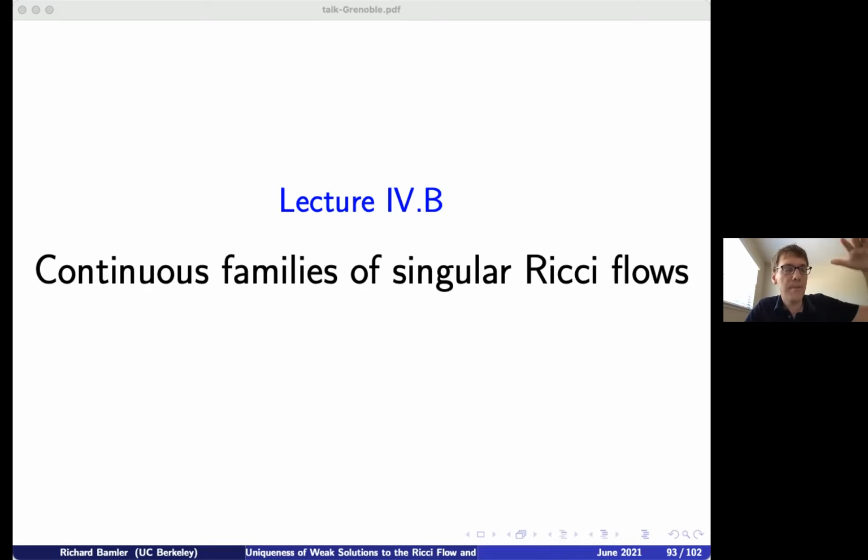So then, we pushed forward the metric on those good points to the time zero slice. So this gave us some kind of partially defined Ricci flow on the time zero slice. And then it was easier to say what continuous dependence means. Okay? But I somehow don't like this method very much because it puts too much emphasis on these good